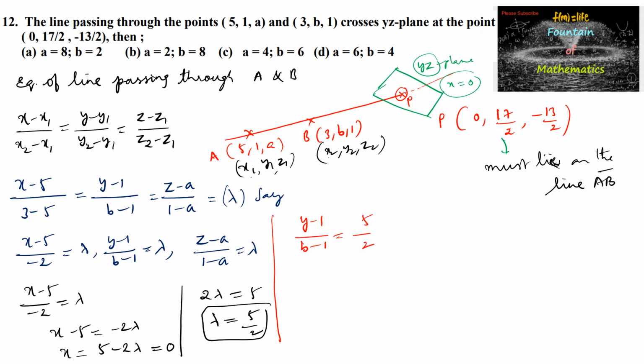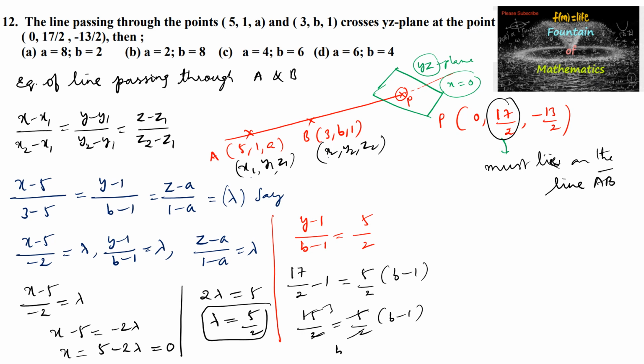And also the y coordinate is given as 17 upon 2. So we can substitute: 17 upon 2 minus 1 is equal to 5 by 2 times (b minus 1), or we can subtract 17 minus 2, that is 15 upon 2, is equal to 5 by 2 times (b minus 1). So 5 threes are 15, so b minus 1 is equal to 3, which implies b is equal to 4. So the value of b is 4, and now the z coordinate, let us consider